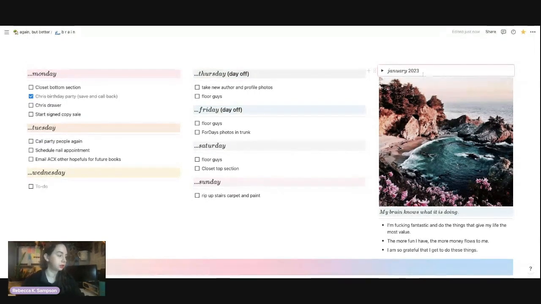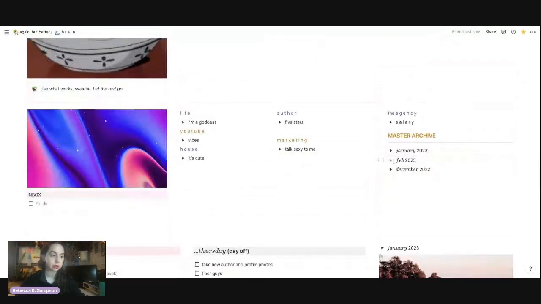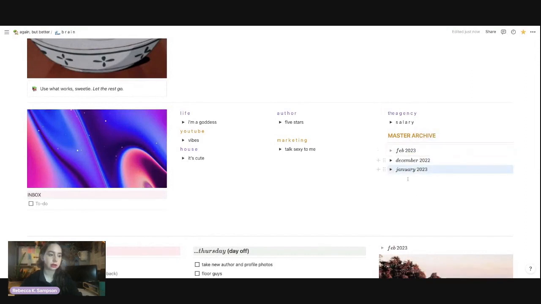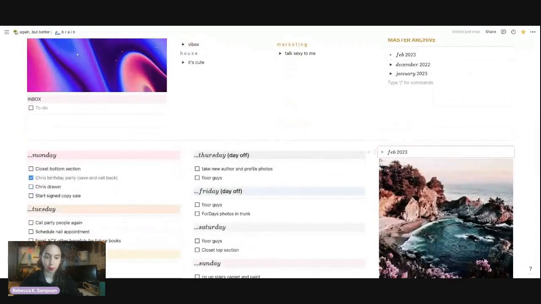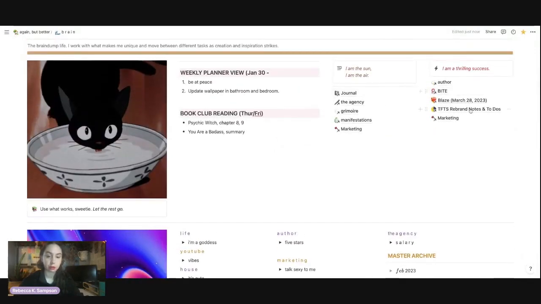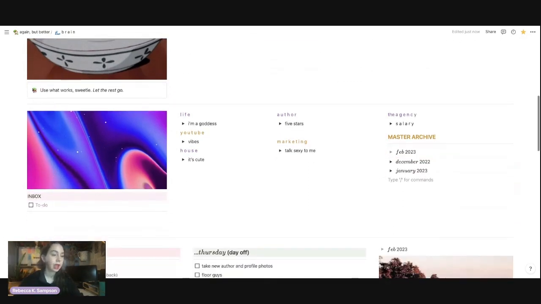This archive also syncs over here under master archive, and I only sync 1 section at a time. So since today's the 31st, tomorrow is going to be February. So I would add this underneath, and then I would move January, hang on, down there. And then now February is synced in my master archive, and down here I have February. So I also have in these particular project sections a link to that master archive. So then when I finish something in a project, I drag it to the archive and it shows up over here.